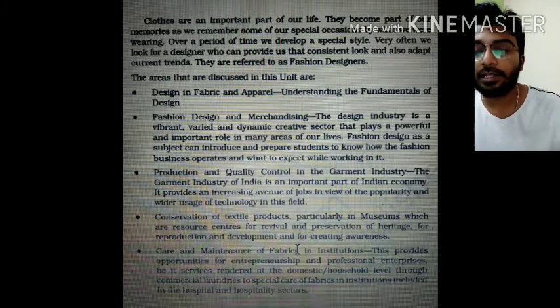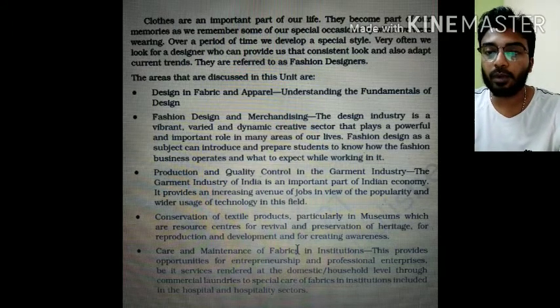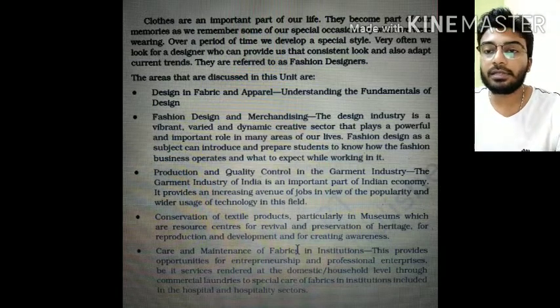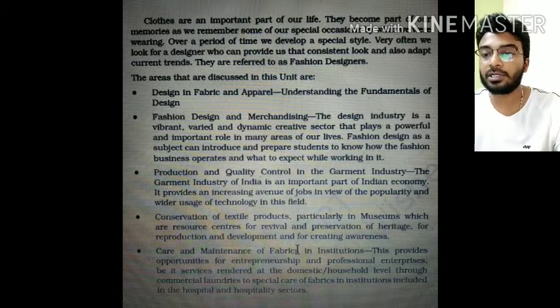That is one of the most important parts of our Indian economy. It provides an increasing avenue of jobs in view of the popularity and wider usage of technology in this field. Now the next one is conservation of textile products, particularly in museums, which are resource centers for revival and preservation of heritage, for reproduction and development, and for creating awareness.